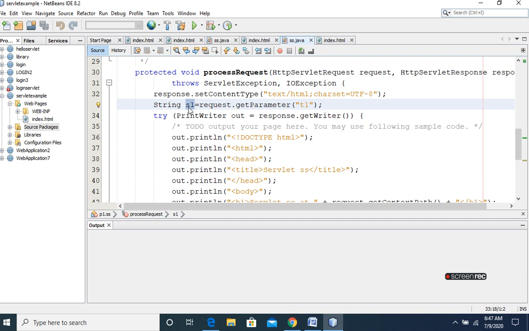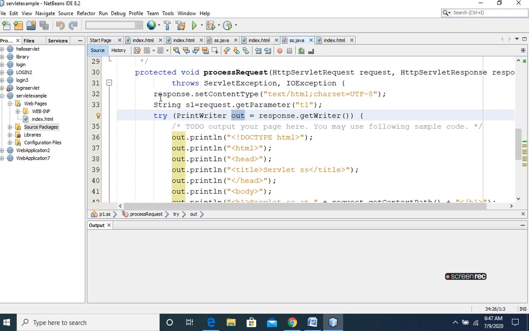So s1 will store the username. Once the username is stored, we use the response object. We will use the PrintWriter object: PrintWriter out = response.getWriter(). Using this out object, we will give the response back to the client.